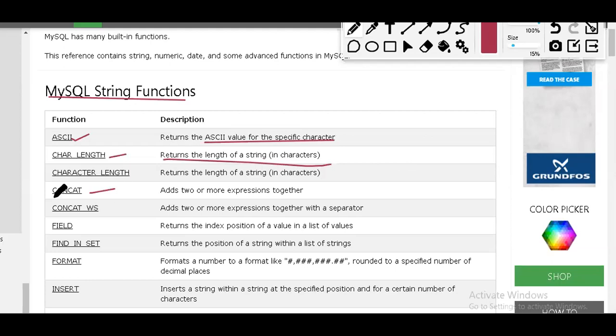Then we have something called CONCAT. CONCAT is going to combine two expressions together and give me a single expression. Whatever values you give under this CONCAT, it is going to give the combination of those words. So if you write two words separately, it will give me a single word together. Then we have something called